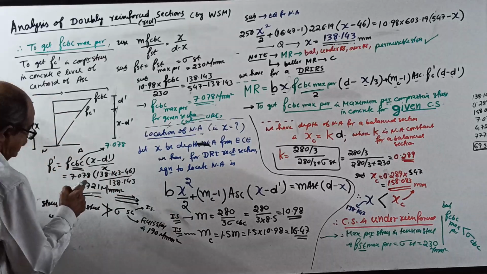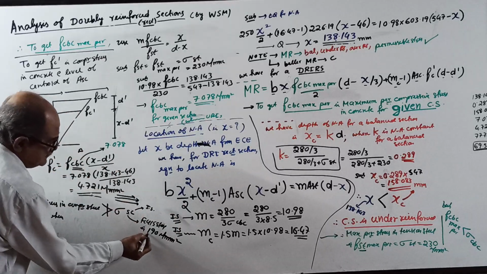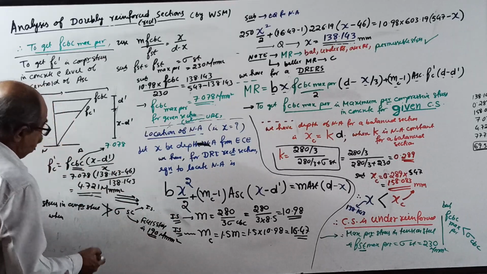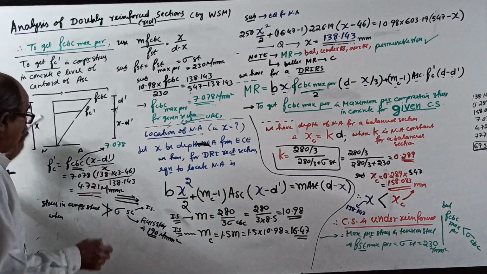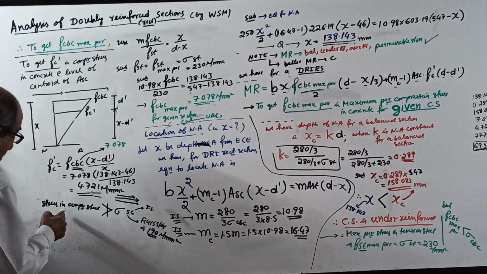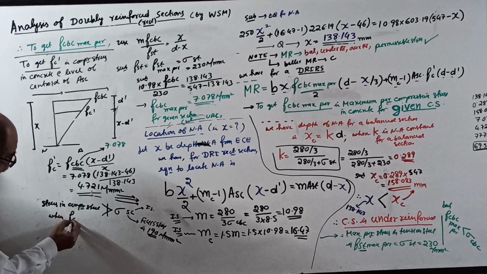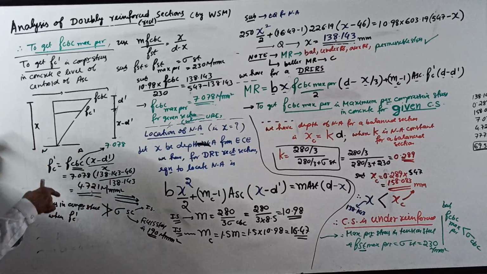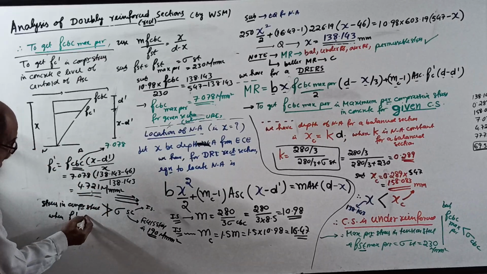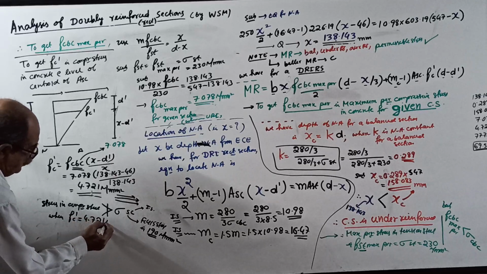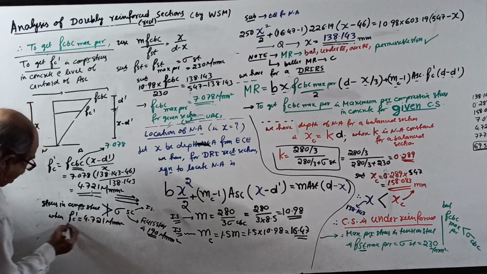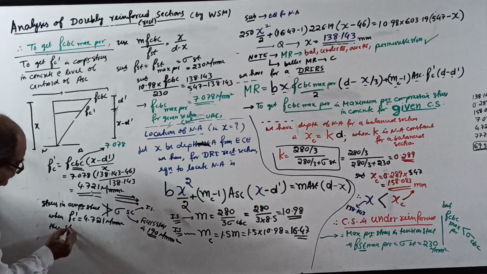Now, how to verify it? They told stress in compression steel. Some will tell, okay, sir, 4.721 is in concrete. When FC dash, stress in compression concrete is 4.721 Newton per mm square, then stress in